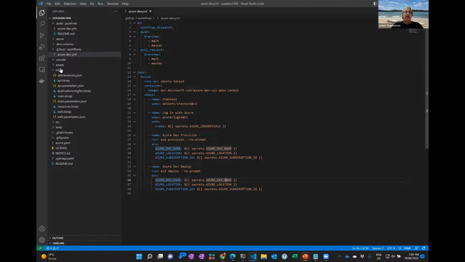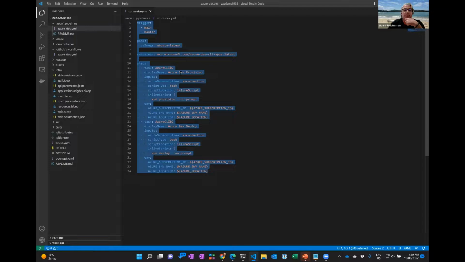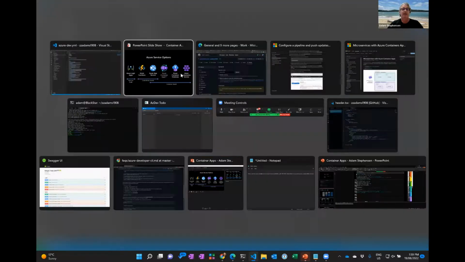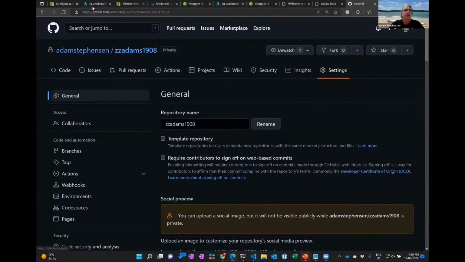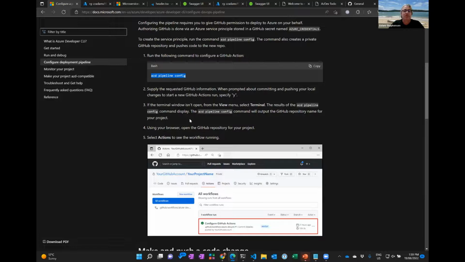Yeah, absolutely. So I'm back into Azure. I'm back into the project here, and you can see that the GitHub Workflows folder has the GitHub Action code in it, and the AZDO Pipelines folder. So that is your Azure DevOps pipeline YAML. I work with GitHub most of the time these days, but if I go back to the docs, the command for Azure DevOps,